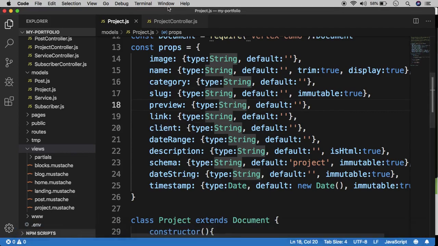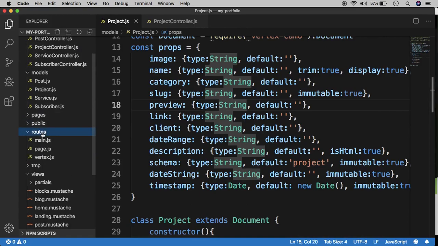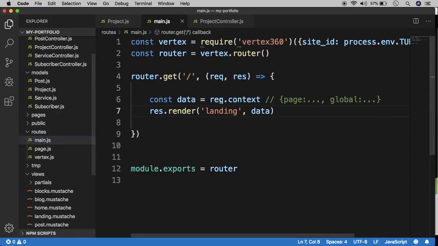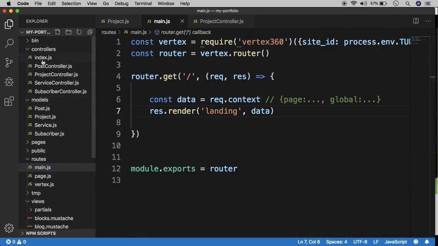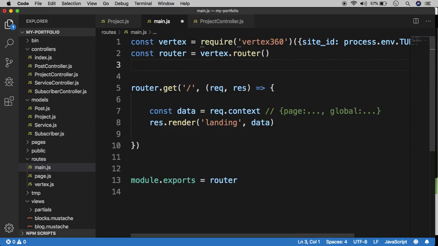So let's explore how we can use this. So in the routes folder, we have our main route that we set up for the home page. So like I was saying earlier, we use the controllers to grab or to manipulate the data. So what we want to do is grab the project controller,